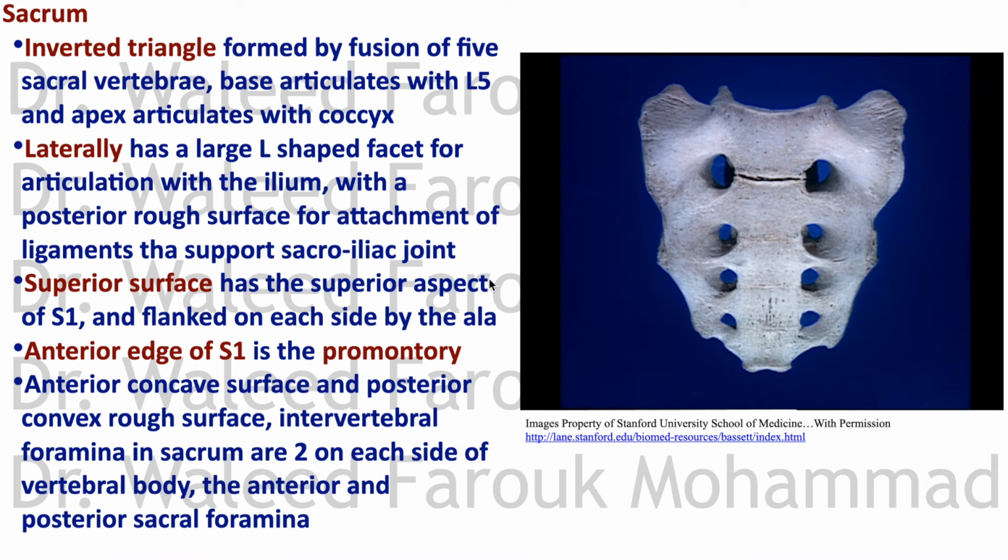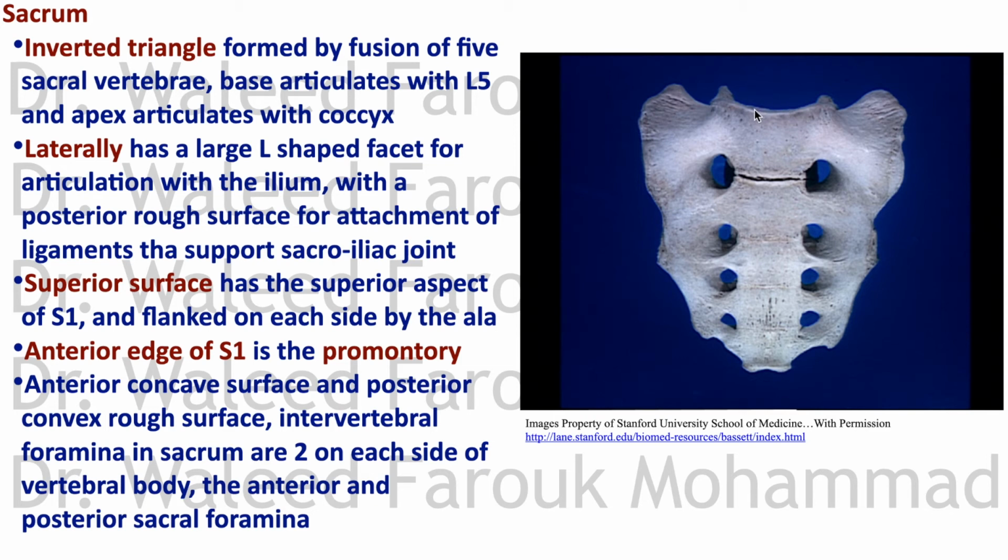Okay, the piece joining the two bones at the back is the sacrum. It's composed of 5 pieces of vertebrae united together. See that, to form this inverted triangle that has an apex that articulates with the coccygeal vertebrae, and a base, which is an upper surface that articulates with L5. Okay, the upper surface for L5,